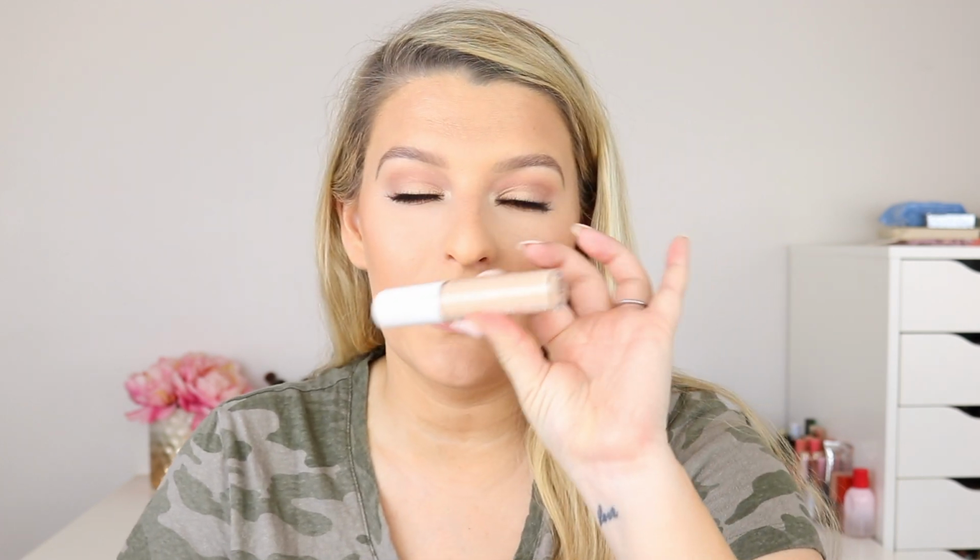Okay, so I am pretty impressed with this concealer. I do really like it. I love how it's sitting on my under eyes. It's not drying at all. Even with that little bit of powder we put on top, it has set nicely. It has really meshed well into my skin. My under eyes look a little youthful and glowy, so I am giving this an A+,